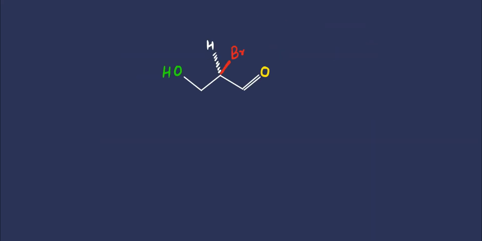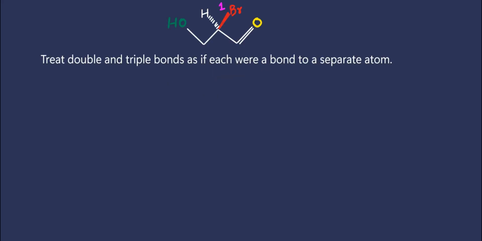Consider this molecule. The asymmetric chiral carbon is attached to bromine, hydrogen, and 2 carbon-based groups. Both these carbons are attached to oxygen. Left side carbon is single bonded to oxygen making hydroxyl group. Right side carbon is double bonded to oxygen making carbonyl group. In such a situation, the CIP rule says that, treat double and triple bond as if each were a bond